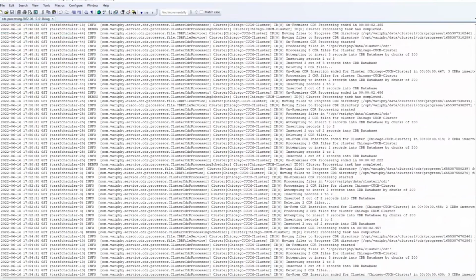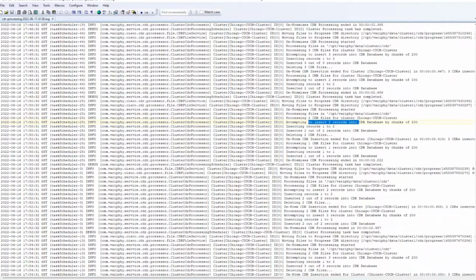You'll see here now it's starting to find records. When the call manager is not pushing data, it should be archiving or buffering those CDR records. The moment the connection is restored, the call manager will start to dump those records, one by one or file by file.